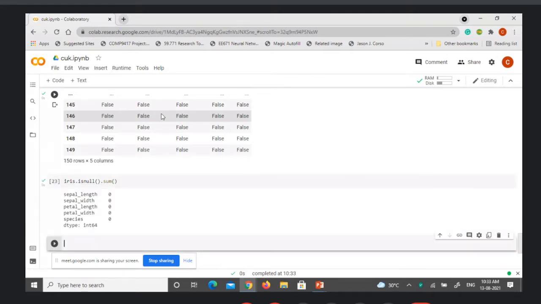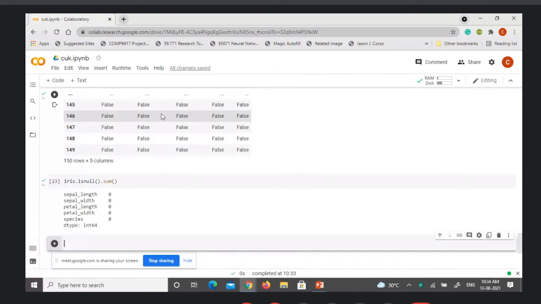So we say iris dot is null dot sum. Then you can see for all the 4 different columns you have the sum equal to 0, including the species. Sometimes you have all the information, but the class may be missing. It checks all the 5 attributes and gives the sum as 0, which means there is no null value. In every cross section of a row and column, you have some data present. So this gives us a belief that there are no null values present.